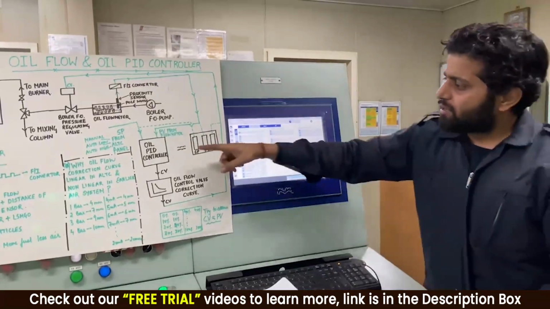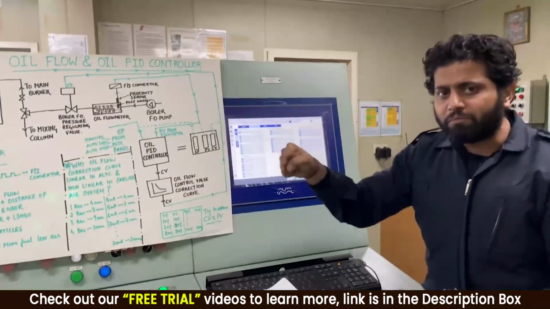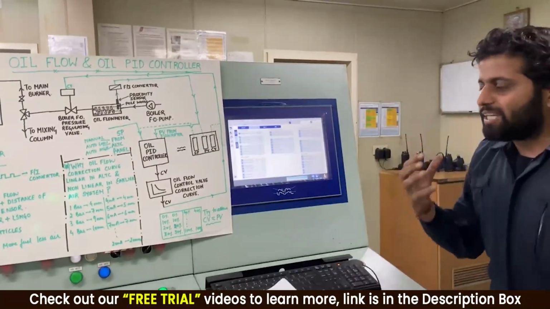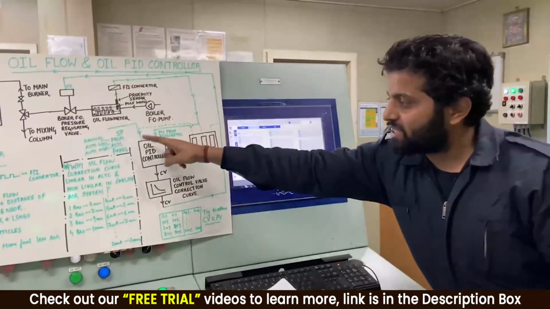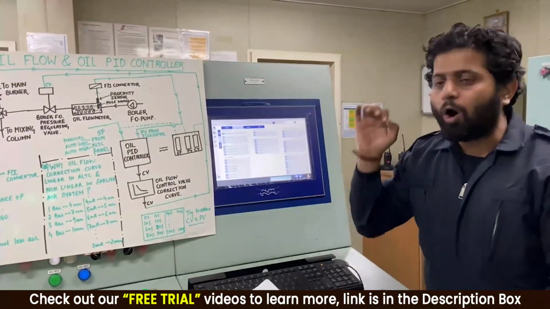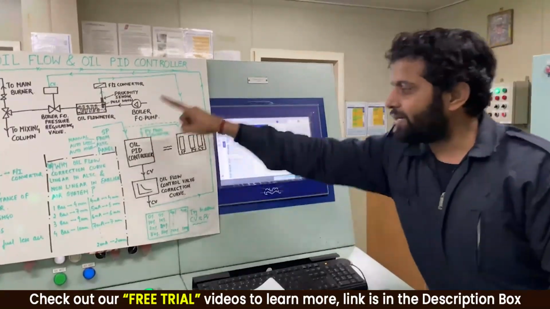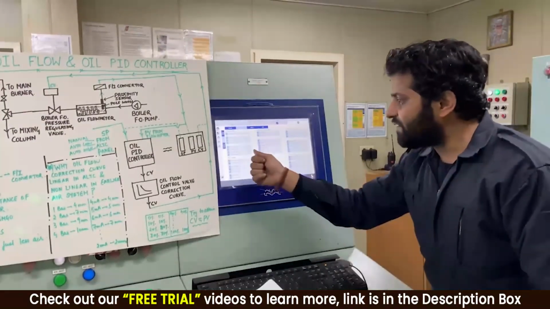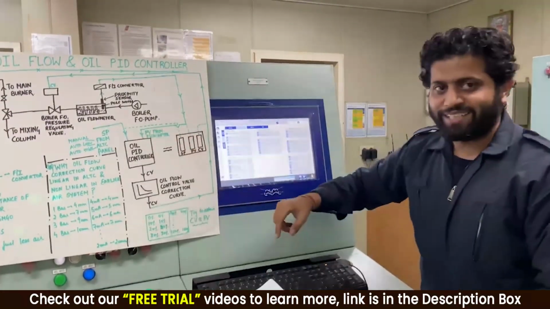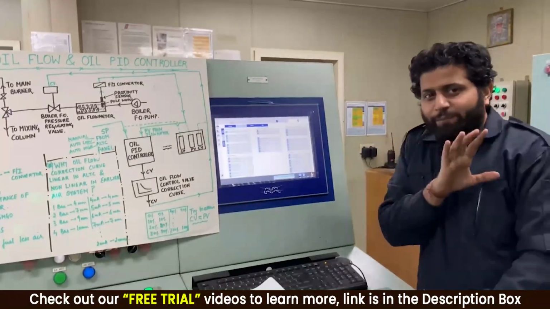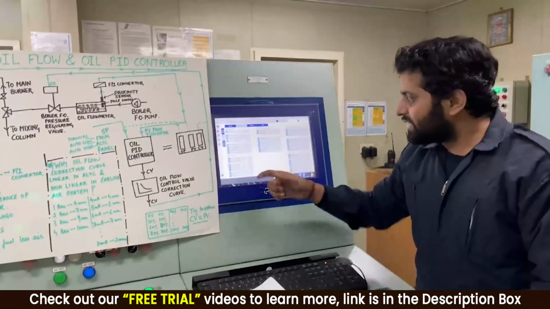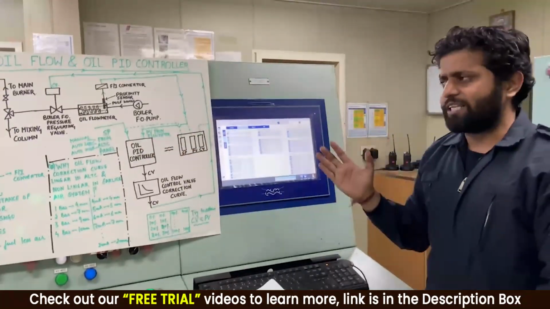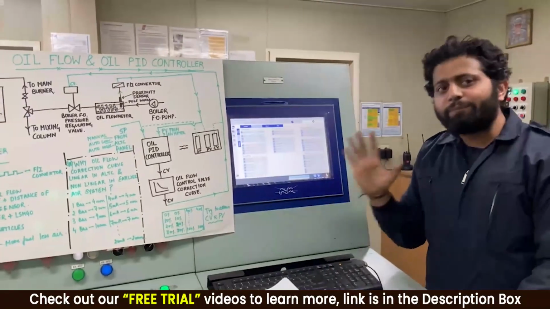So now the controller will give more output. Okay, open more, open more, open more. We're just waiting for the PV value to come. But if the PV value, in a specified period of say 60 seconds, does not match with the set point, then there will be an oil servo error. This set point and this PV need to match, or there needs to be a margin of 5%. See, if you put 25%, expecting the PV to be exactly 25% is not possible. It's a controller, right guys? So they say a feedback margin of 5%. Okay, you said 25%. Even if it is 20% or 30%, I will not give oil servo error. I will let the boiler fire.